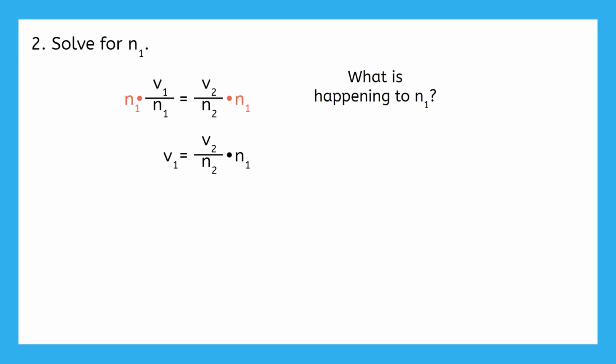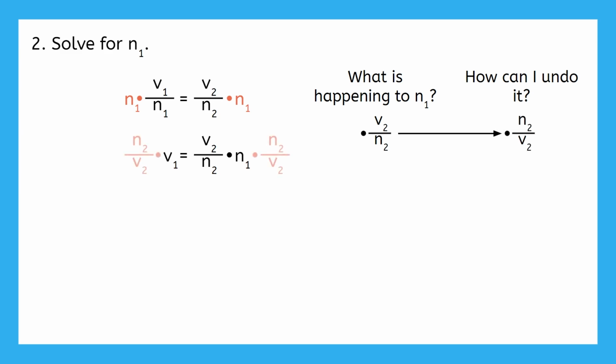Now what's happening to n1? It's being multiplied by v2 over n2. So how could we undo multiplying by v2 over n2? We can multiply by the reciprocal, which would be n2 over v2. So we'll multiply by this on both sides. This will leave just n1 by itself on this side and on the left side,